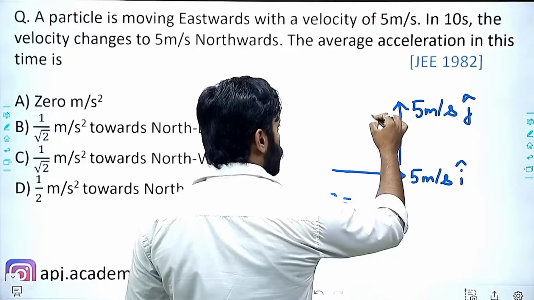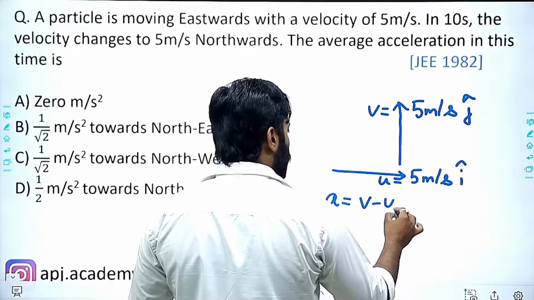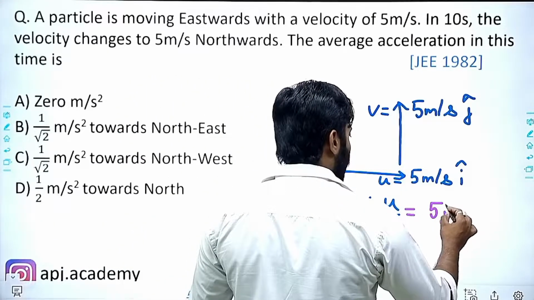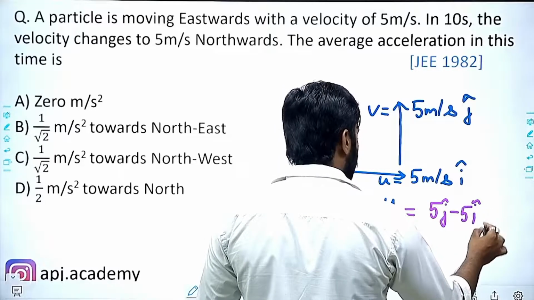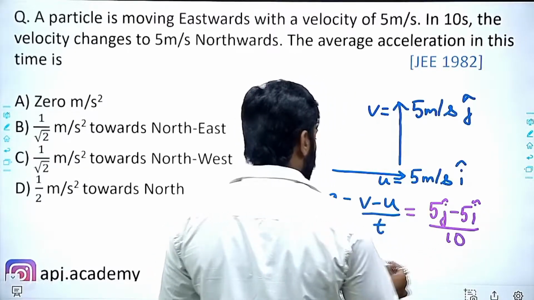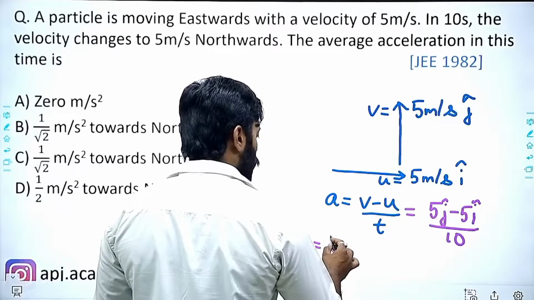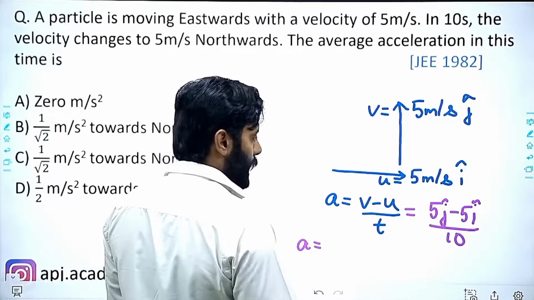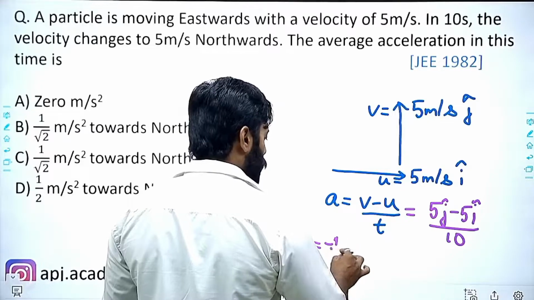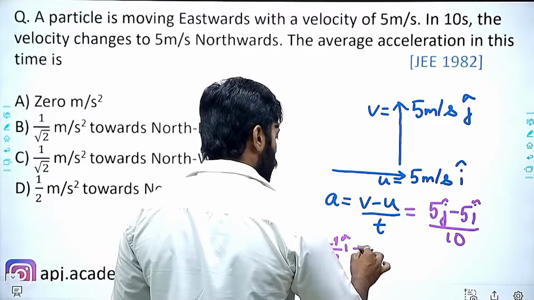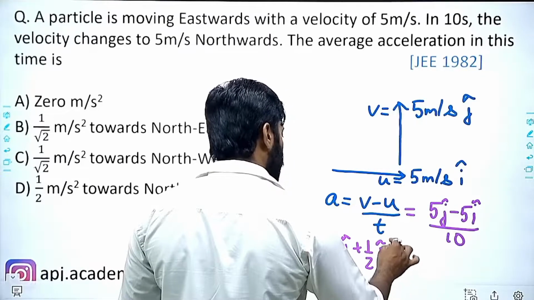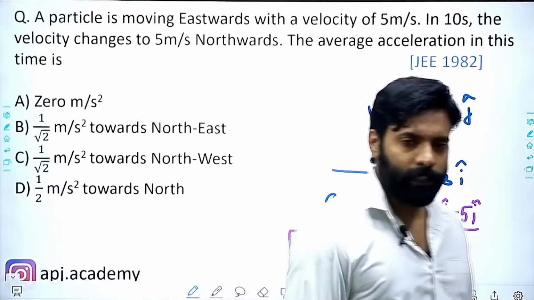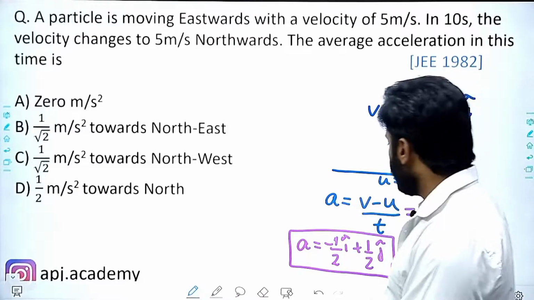Okay, so acceleration is V minus U divided by T. So V is 5J minus 5I divided by time, which is 10. So acceleration is 5, I can take 5 as common, then it will be minus 1 by 2 I plus 1 by 2 J cap. Right? So this is the acceleration equation, but I need to find out the magnitude,